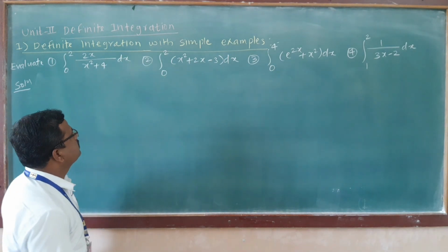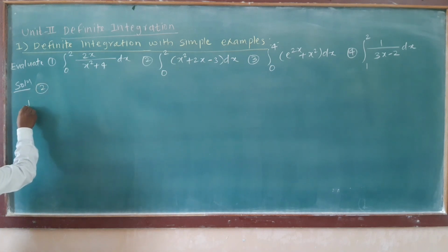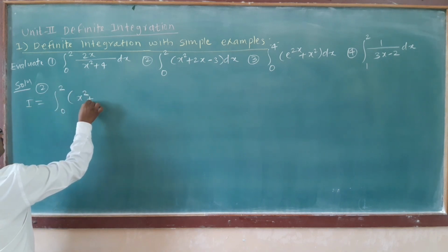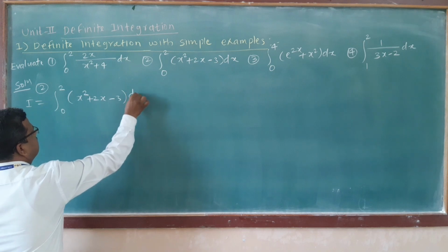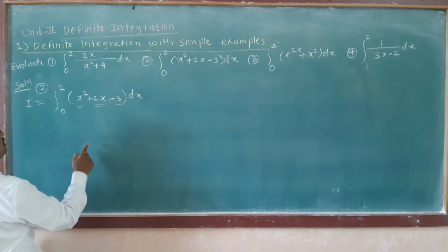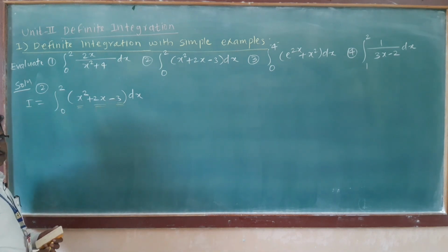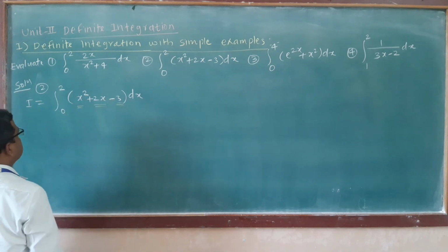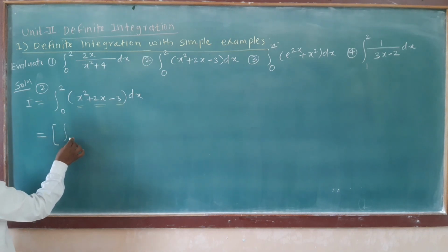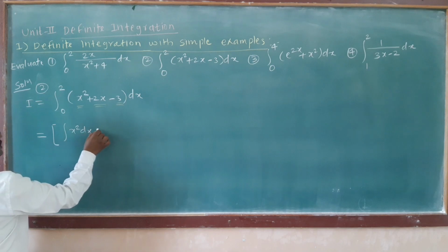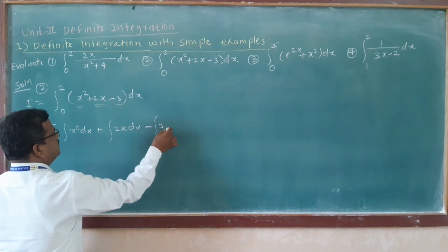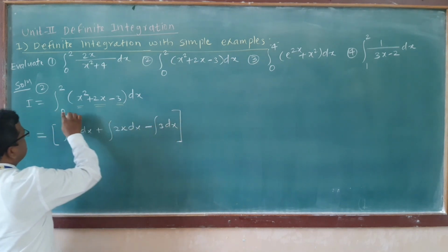Next example number 2, call this I is equal to integration from 0 to 2 of x square plus 2x minus 3 dx. Now this is sum and difference. These are three terms. Operate this integration over each term, plus minus, on each of them. So that this is like this: integration of x square dx plus integration of 2x dx minus integration of 3 dx within this limit 0